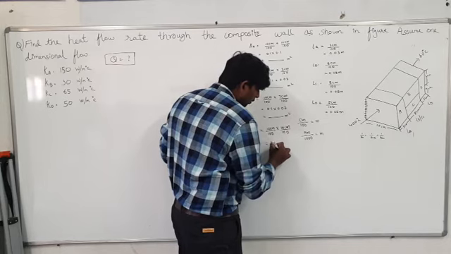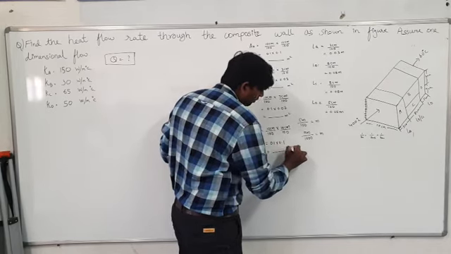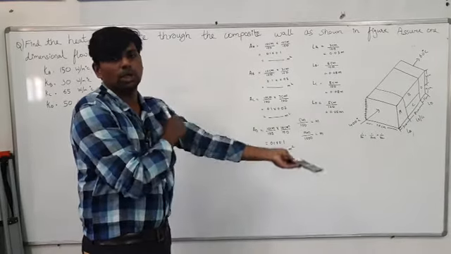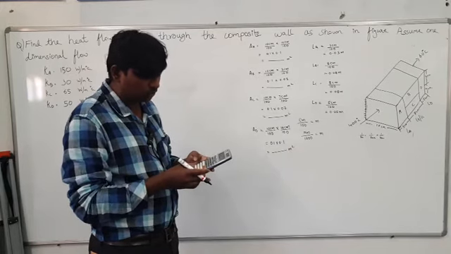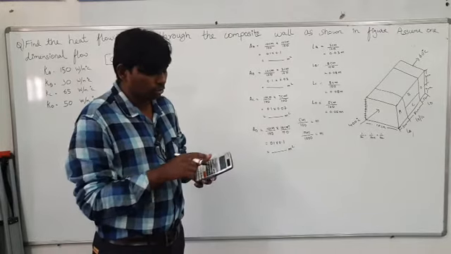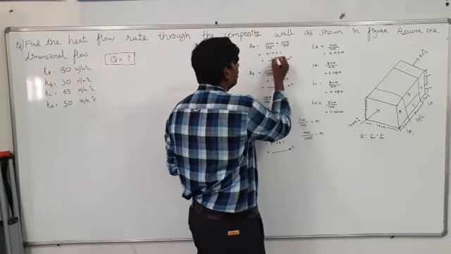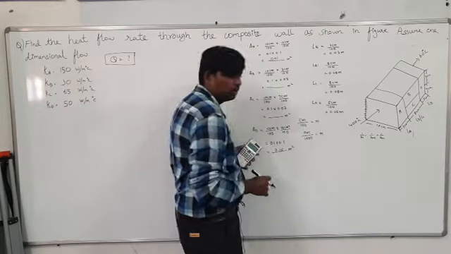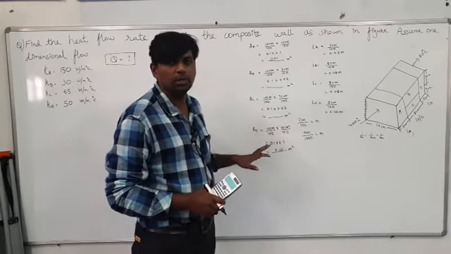Here you will get 0.1 and here also 0.1. The answer should be in meter square. After that, what you have to do, with the help of a calculator, find out this value. If you know it also, better to use the calculator. If you get one mistake, the whole problem will be wrong. So 0.1 into 0.1, the answer should be 0.01 meter square. This one is also 0.01 meter square, because the area of AA and the area of the AD component will be the same.